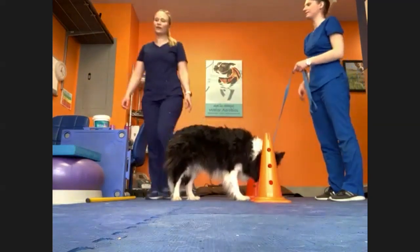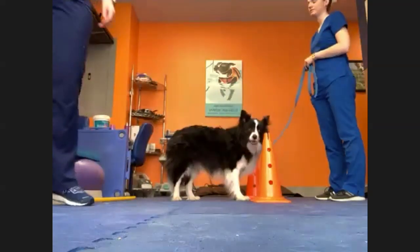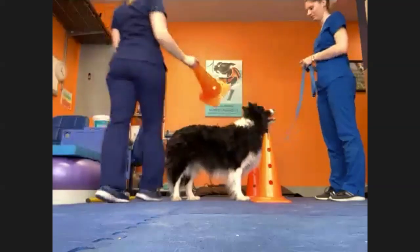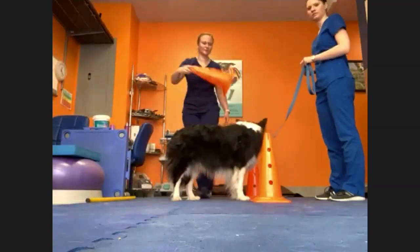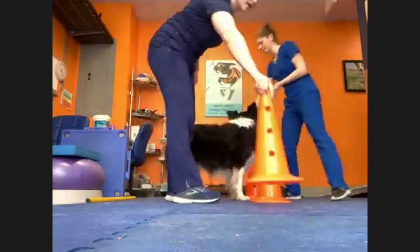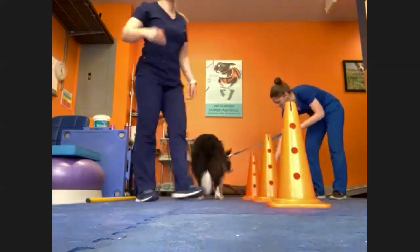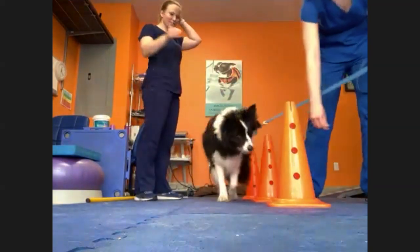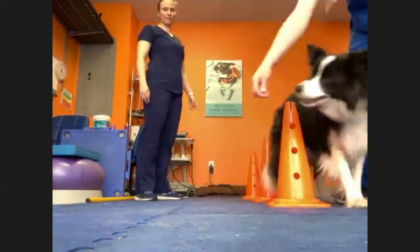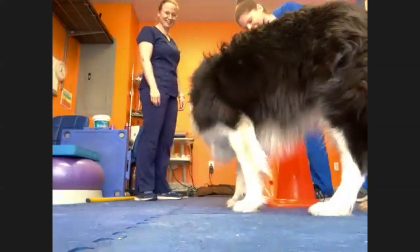Okay. Another way you can also progress this exercise is to do weave cones. So just adding 1 or 2 more objects to go around. We have 3 cones set up right now, and just having him weave through, kind of like if you've seen agility before, they'll go through the cones like that. And usually it's a little bit faster than what Tucker's doing, but